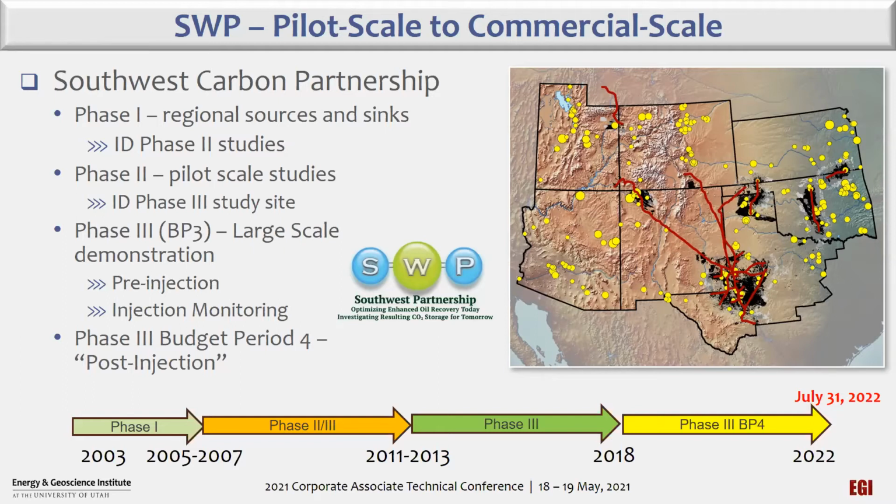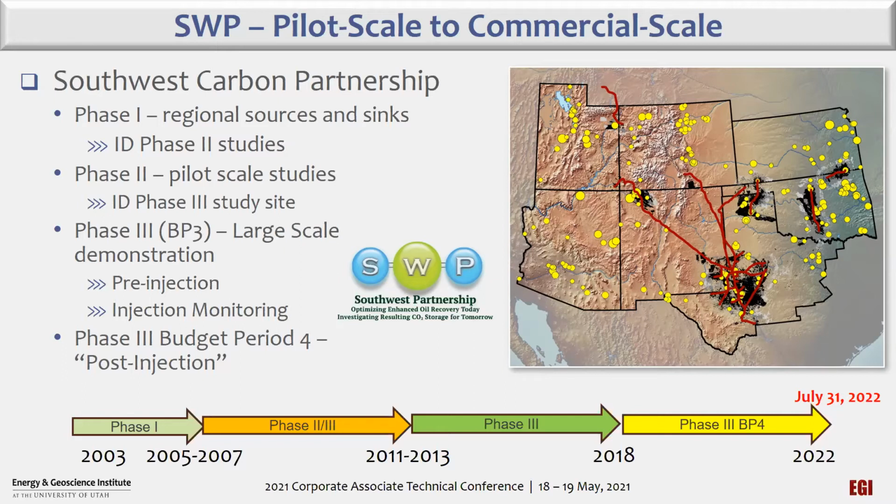The SWP conducted 3 distinct phases of activity. Phase 1, from the start of the program in 2003, ran for a couple years and was effectively a paper study that assessed the region's CO2 sources, transport options, and sink or storage potential. The map on the right here